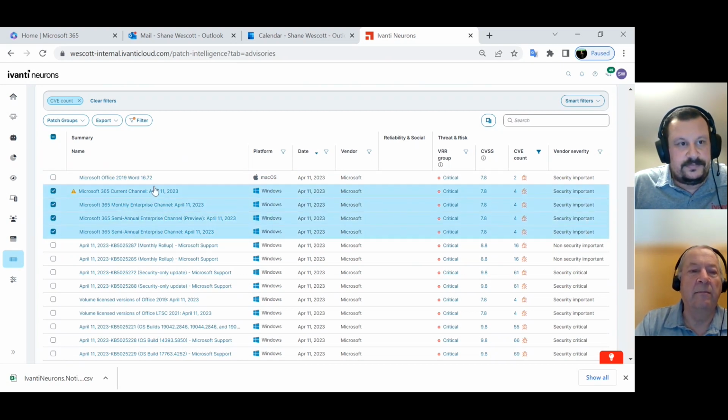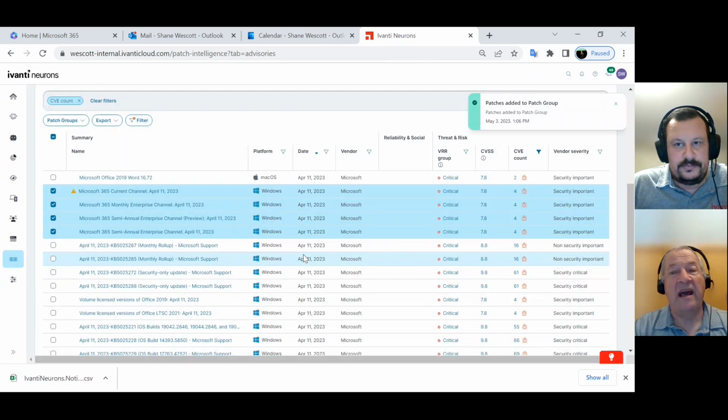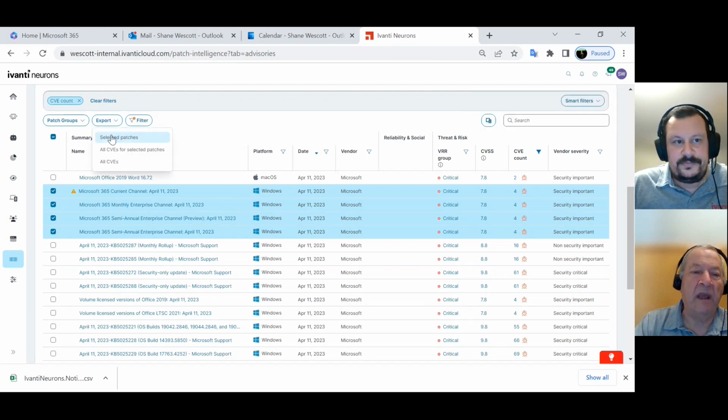I can click on those in a box. I could say, yep, I want to add to a patch group. I'll chuck them into Shano's patch group, mate, put them in there, click on save, and I've just added those patches into my patch group. I could export them out as a list of bulletins, if I'm going to give that to SCCM or something like that,